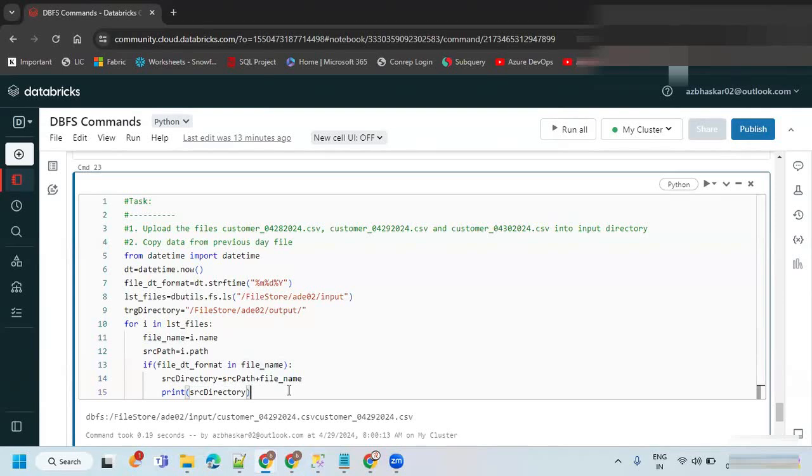Something is missing. Source path is fine. Here it is the target path. Source path, target path.